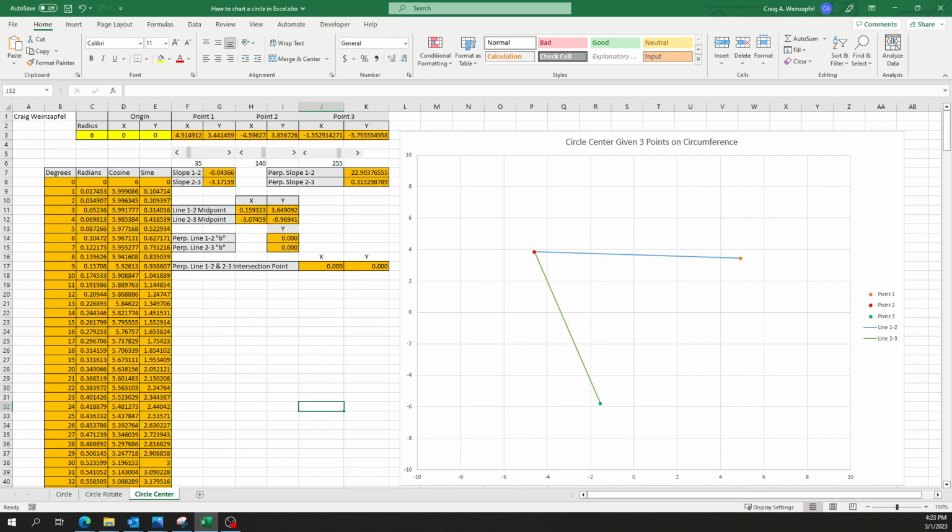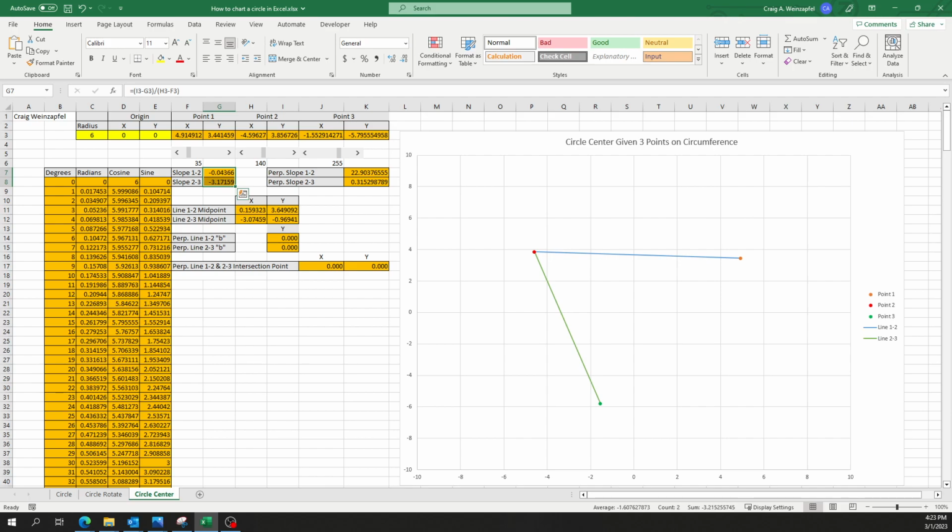The next step after that is to recognize that any 2 points on the circumference of a circle create a line, and the midpoint of that line, at the slope perpendicular to your original line, will pass through the center of the circle. So that's what we're going to do. We're going to find the perpendicular line slope, the midpoint, and then we're going to find the intersection of that exact same line, the perpendicular line at the midpoint of the opposite line, and we'll find it somewhere out here in space. So after finding the slope